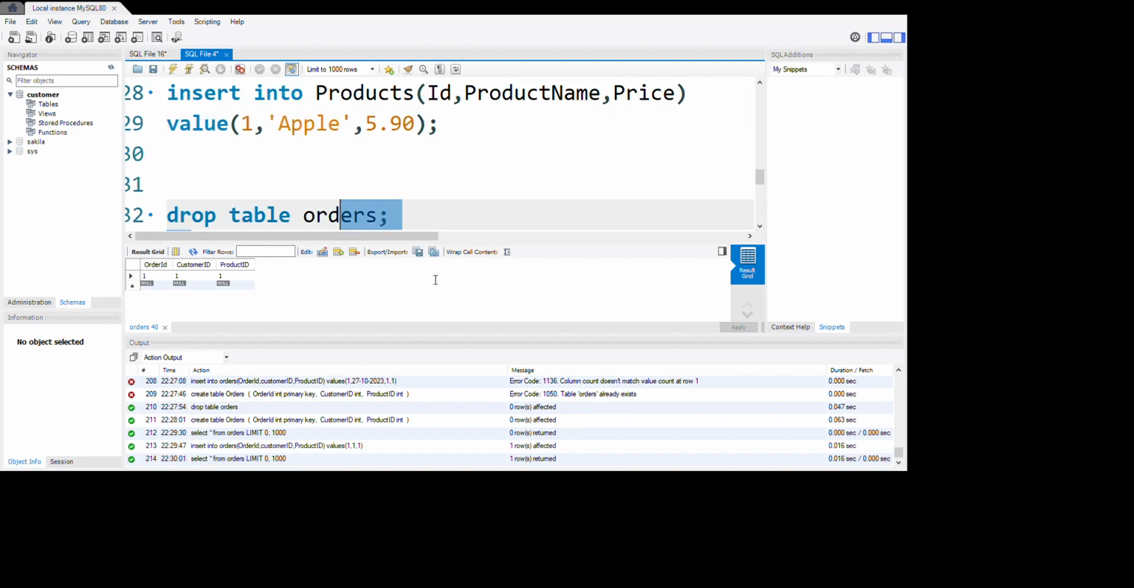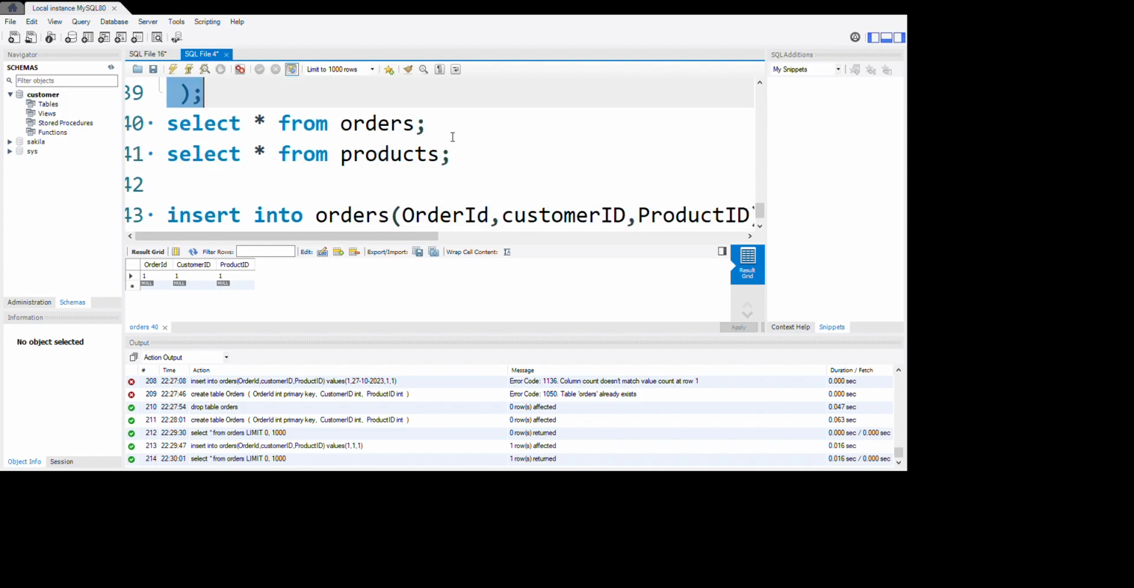We select all, and then we come here and we just run it. So that means we created our table, and then let's go look at our code higher up and come down, and we are going to